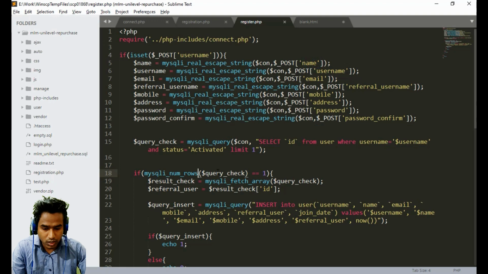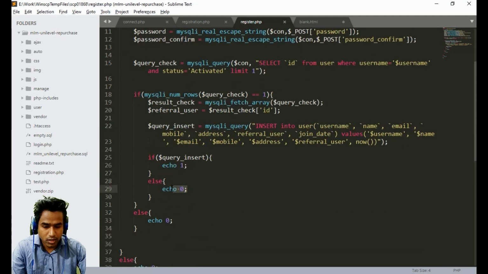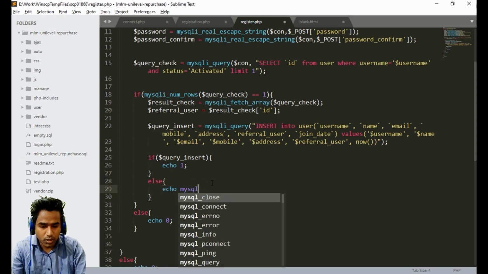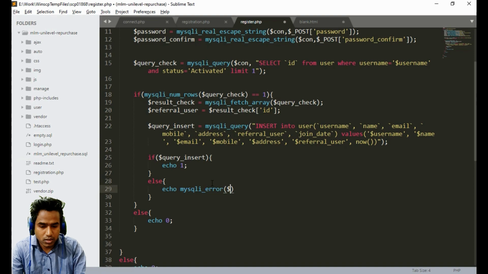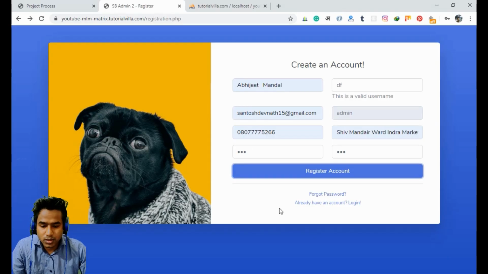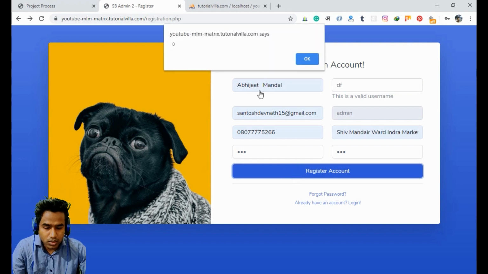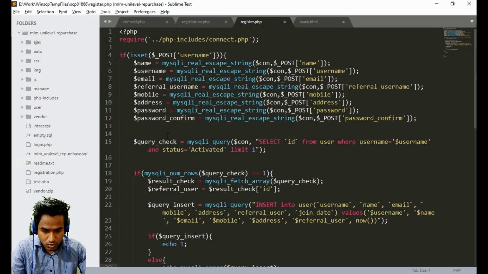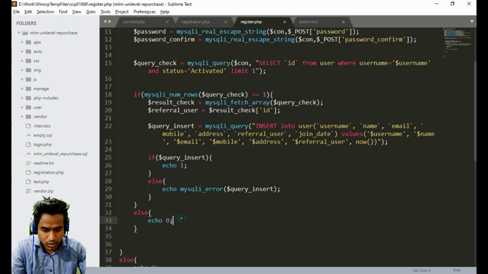It means we are here, and here is an error, so we will print the error here, like echo MySQLi error query insert, and just click on here. Okay, again it is 0 because we are printing it here.